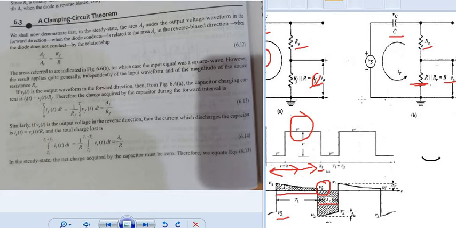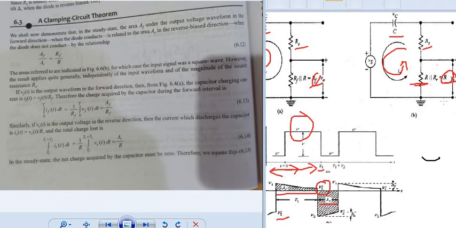And the current will be discharging here. So this is in the reverse direction, right? Now your current will be discharging here. So that current can be given as IR of t, and IR of t is equal to VR of t, which is nothing but the reverse voltage, the voltage that is acquired in your reverse direction. So VR of t divided by R. Why R? Because this is the resistance value in the reverse direction.